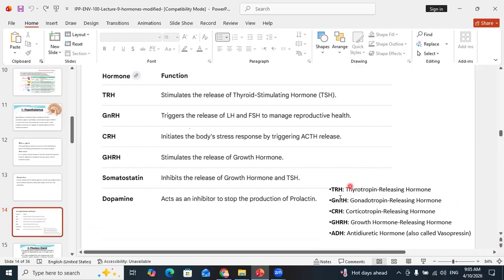Sometimes in MCQs, the examiner gives you these short forms and asks you to complete them. Okay, so the hypothalamus releases thyrotropin releasing hormone. It stimulates the thyroid stimulating hormone. The hypothalamus is releasing a substance